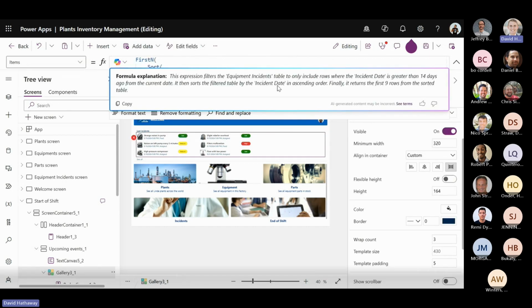And then also understanding Power FX that's maybe already been written. So this is also great from a learning standpoint, because maybe someone else developed an app and now you're in charge of maintaining it or adding new features and capability. And Copilot can help you understand what the Power FX expressions are doing, and speed up that process. So that's a super awesome capability of Copilot in the Canvas App Studio experience.